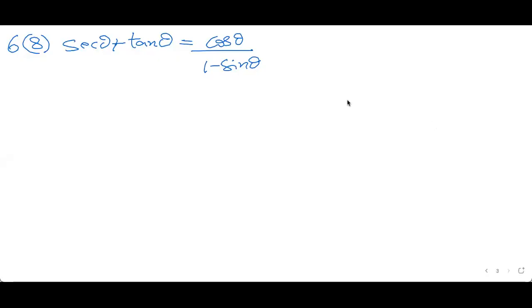Question number 6, part 8. We have to show sec theta plus tan theta equals cos theta by 1 minus sin theta. I will give you 2 hints. One hint is, let us start from the LHS and try to reach RHS. Second hint is, write the LHS in terms of sine and